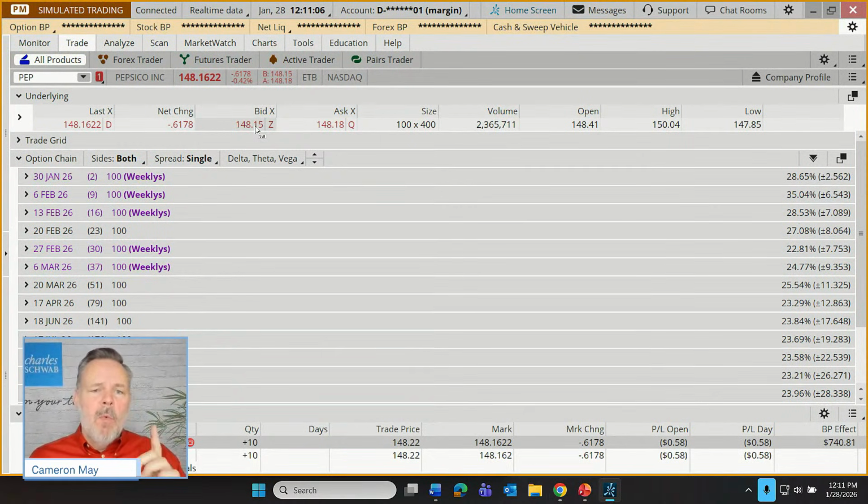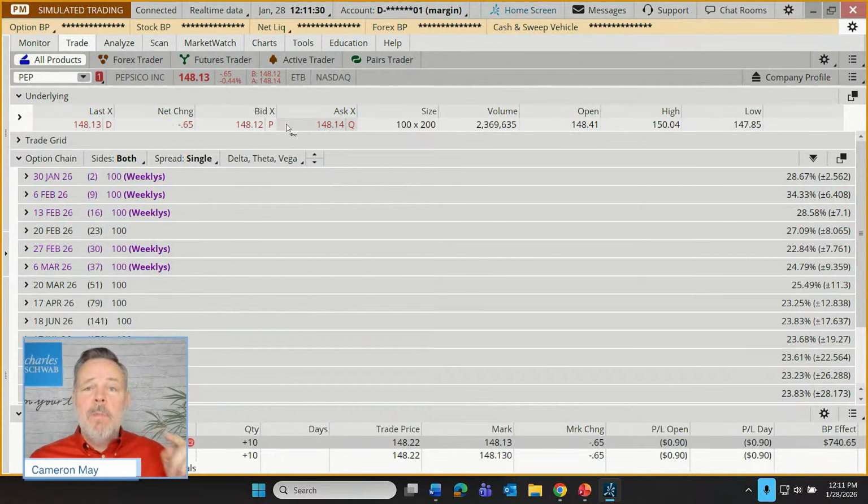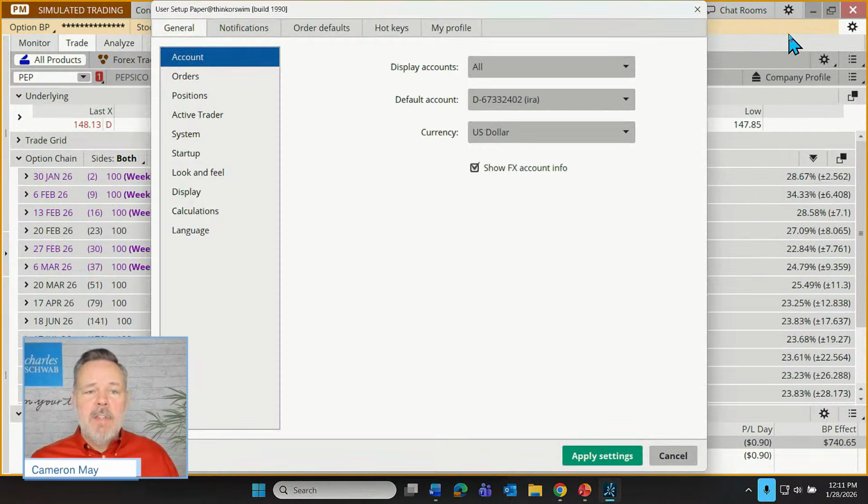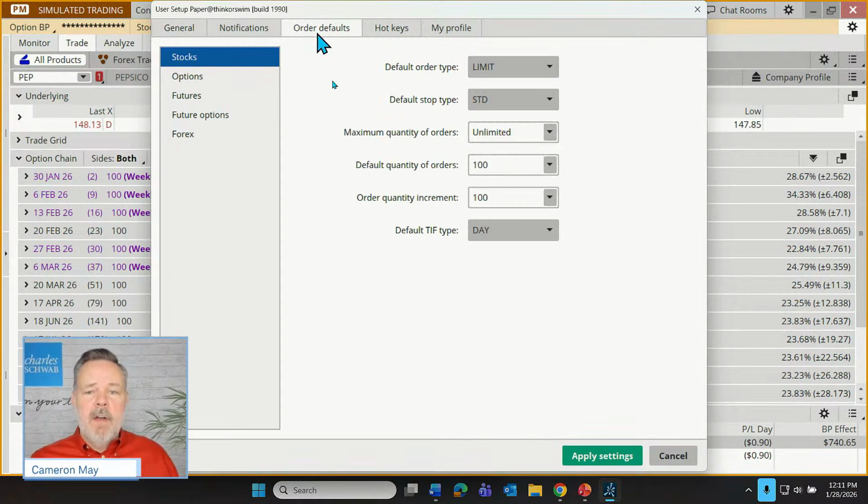One thing that I might suggest before we move on to step number 3 for placing orders quickly is if we want to eliminate one of the steps of the customization of any type of order, let's say that our trader here, instead of trading in 100 share lots, maybe their preference is to buy 50 shares or trade 10 shares at a time like I've been demonstrating. We can set those personalized custom defaults just right up here under the gear icon. What we do is just go to our application settings and just go to our order defaults,